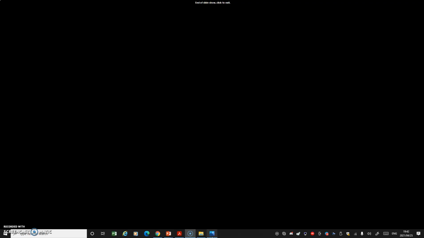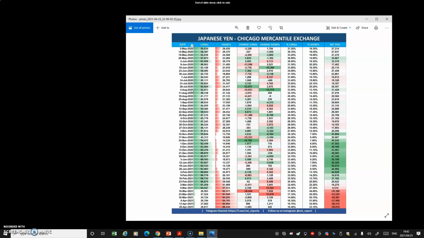So I do post these images in the fundamental group. It's basically the same thing, where it shows the date and exactly how the movement is going, the net positions. Over here we can see